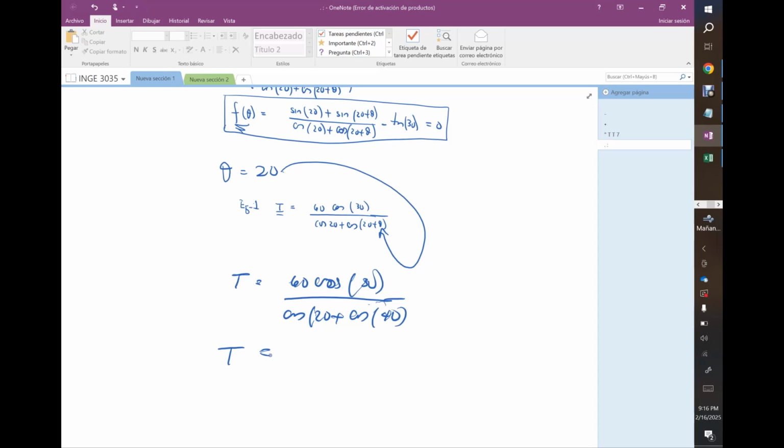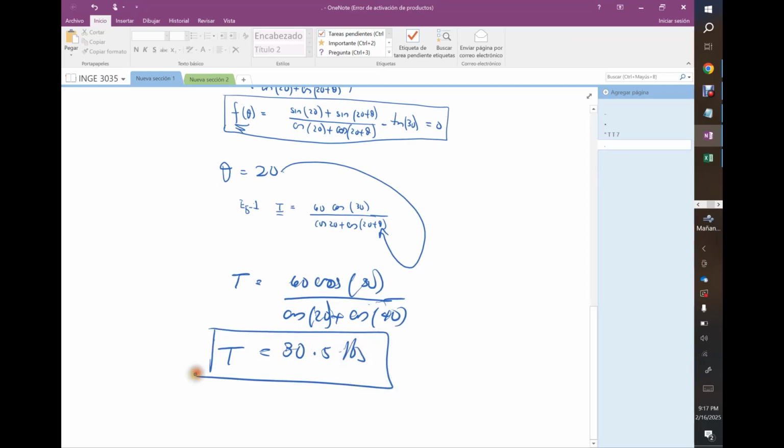So that's 60 times the cosine of 30 divided by the cosine of 20, plus the cosine of 20, plus the cosine of 40, and we close the parentheses, and the final answer is t equals 30.5